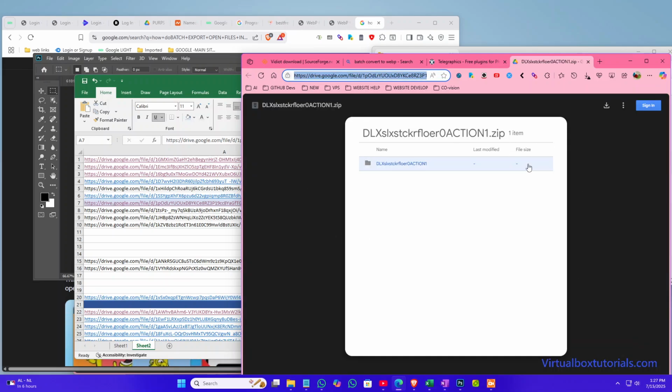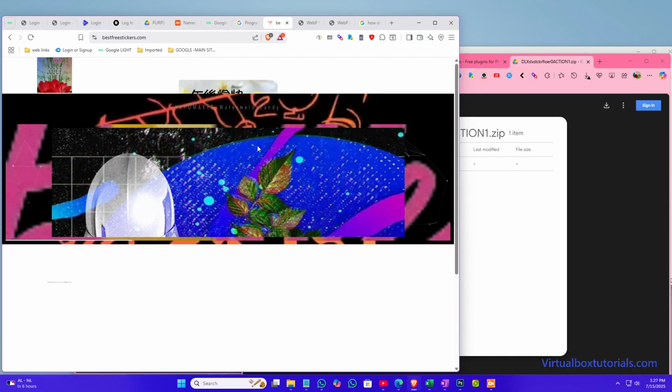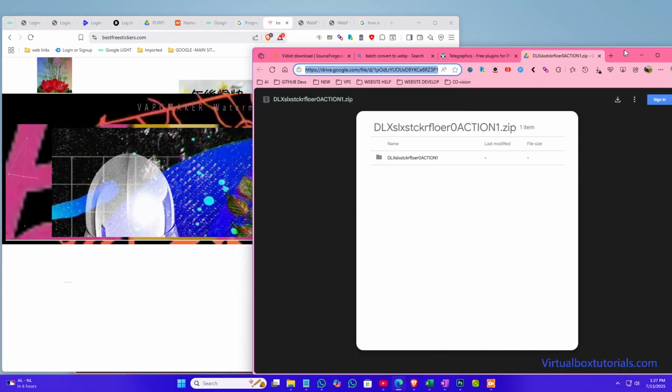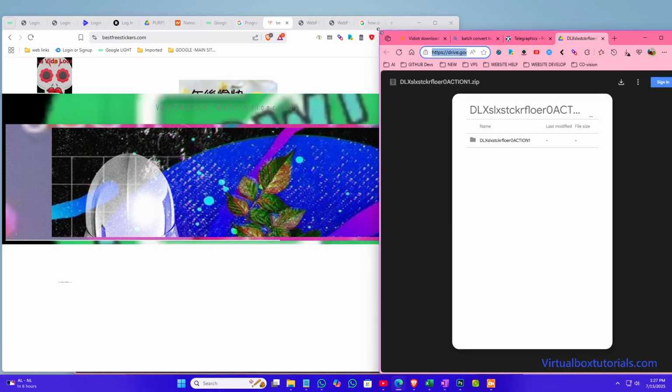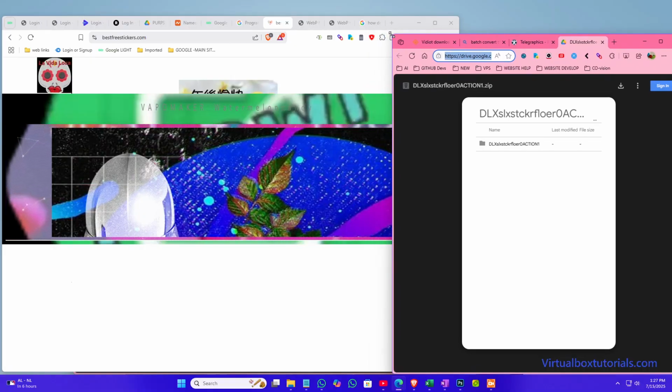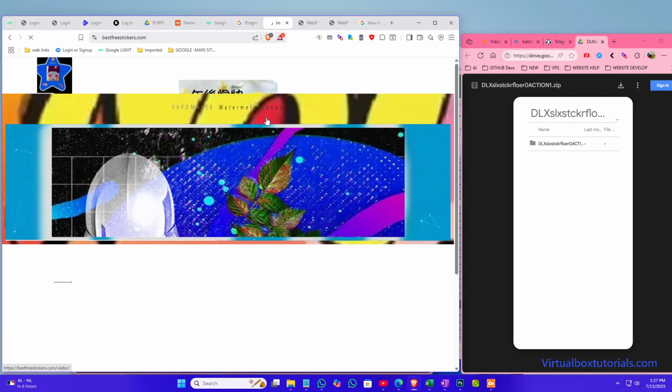Like for our website, Best Free Stickers, bestfreestickers.com, when we get it, we're developing it right now. So it's just in general stages. It was built up before, but it got corrupted. So we're having to rebuild the site from scratch. So if you go to Watermelon Candy